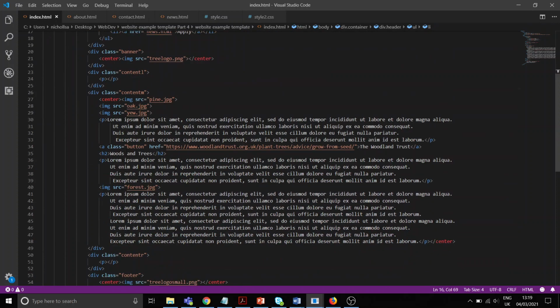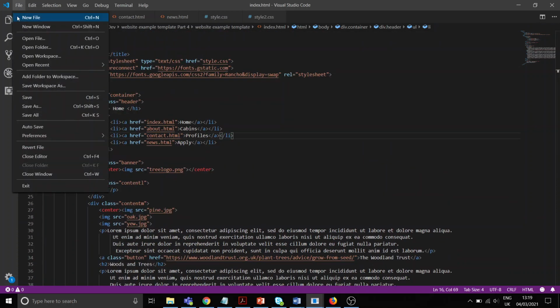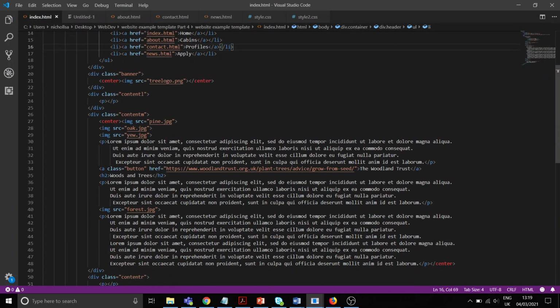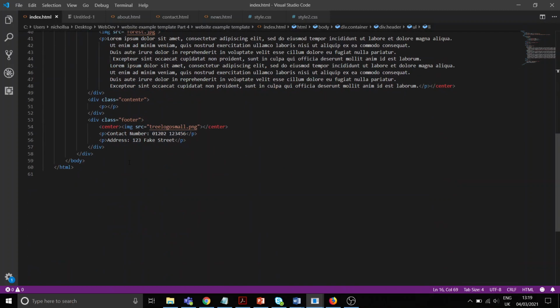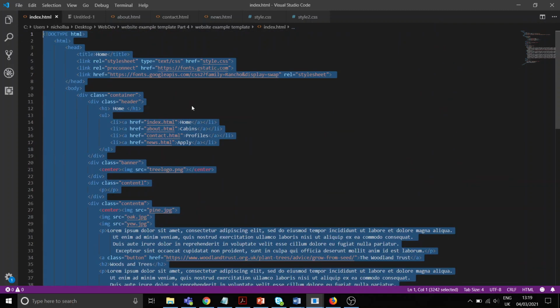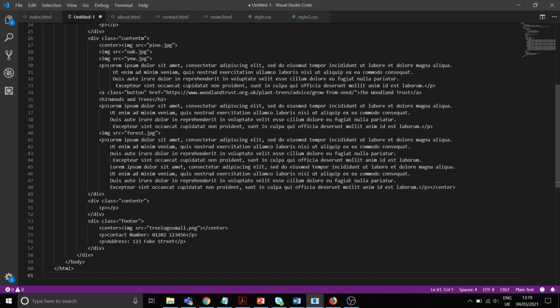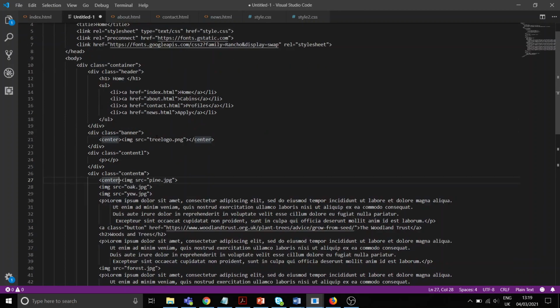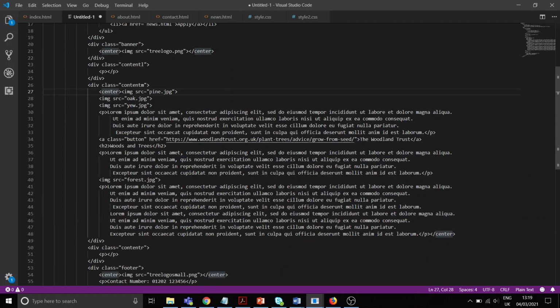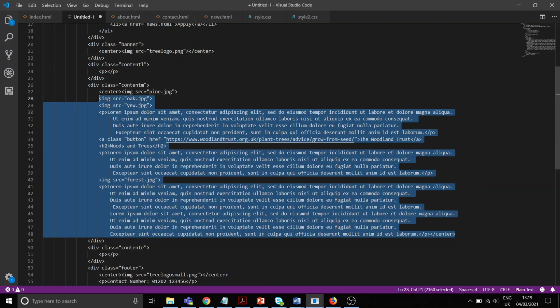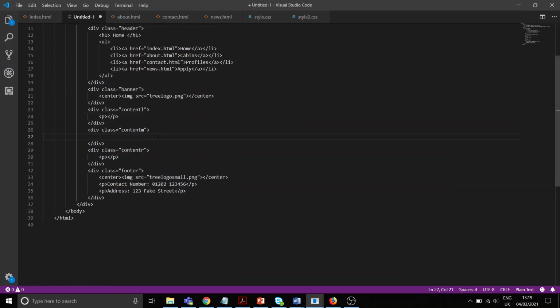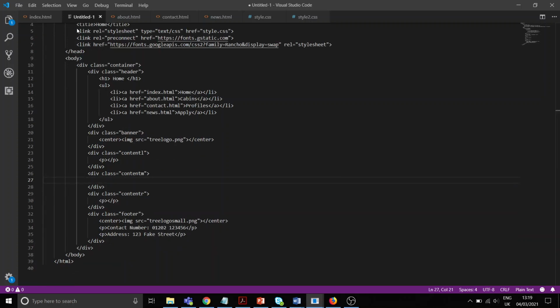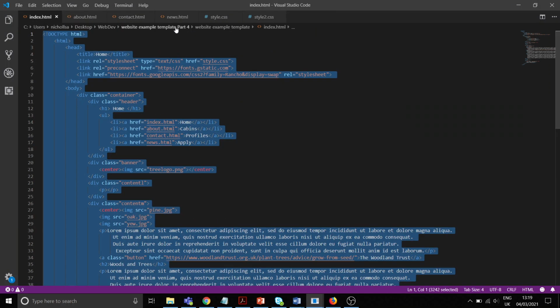When you create a new one, if I've got my home page set up and I want to use the same layout, I just grab all of it, copy it, and put it all in. You see the color coding's gone because I haven't saved it as an HTML file. So I go to my content middle, get everything that's in there, get rid of it, and then I can save it again. If I close that down, don't save. That's exactly what I've done